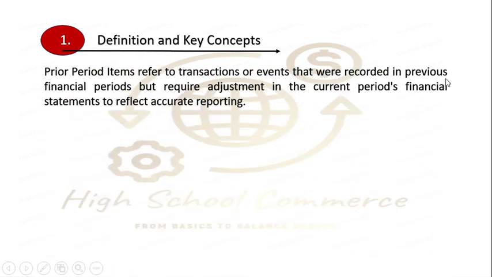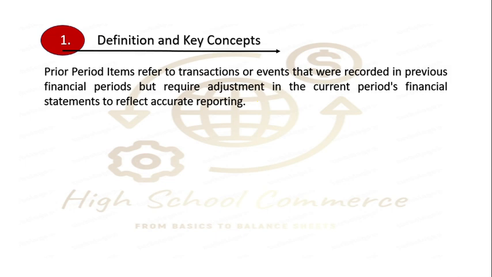If you notice, the name prior period item itself is telling that it is not relating to the current financial statement. Anything which is relating to the period before the current financial period. For example, we are in the 2024-2025 financial year. Any transaction that could be income or expense or any such events which we are supposed to cover in say